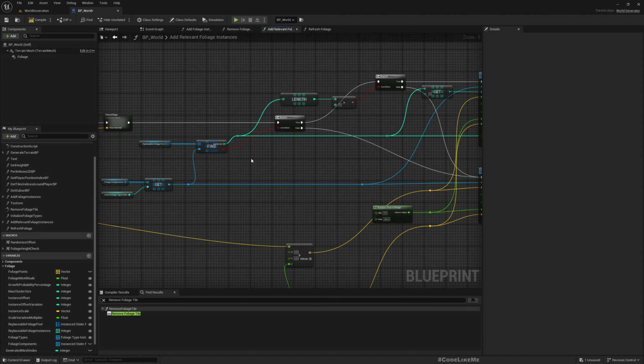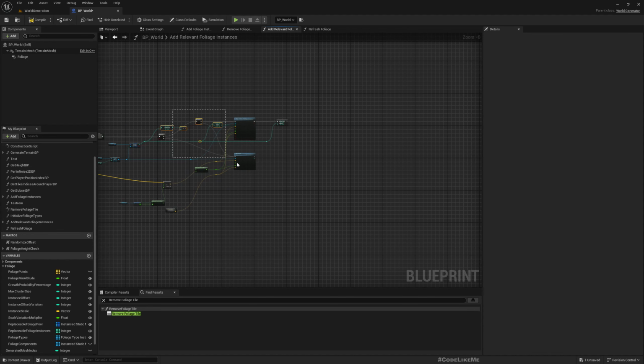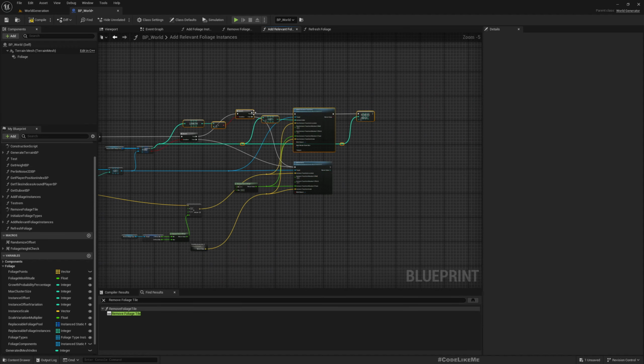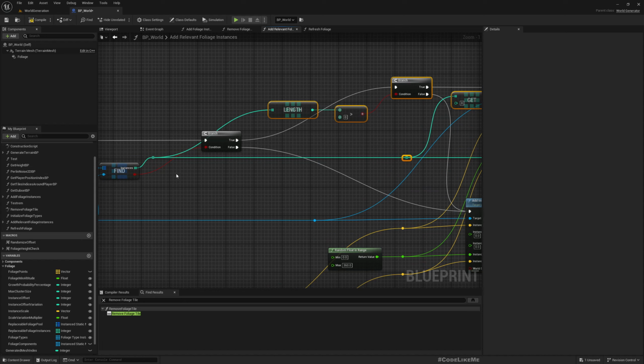What can we do here? Okay, let's try one more thing. Get a bit of space and then